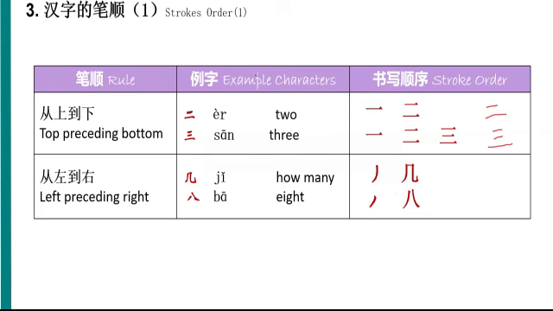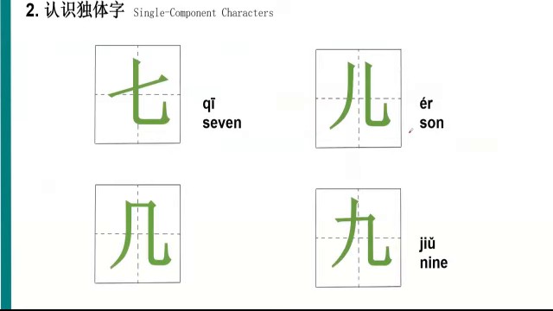I'm sorry to interrupt you. In the previous lecture, you said it sounds like sun, and here it sounds like two. The tones are different. Ma'am, how can we differentiate between the one that means sun and the one that means two? One is the second tone, and the other is the fourth tone, which means two.